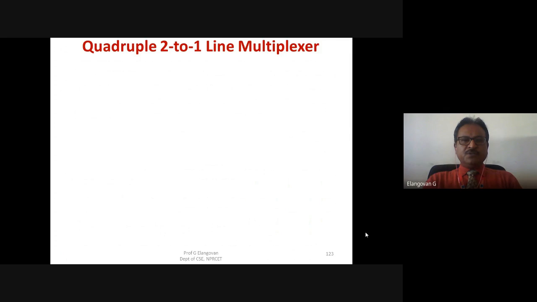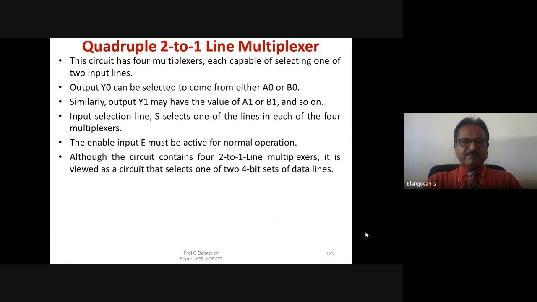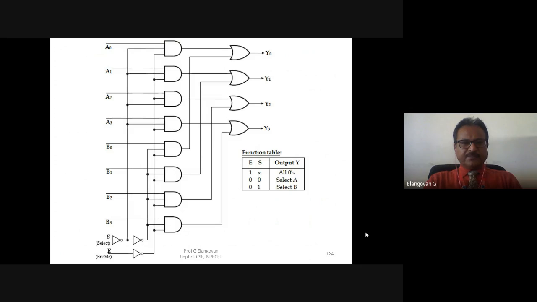And the quadruple 2 to 1 line multiplexer: with the help of two 2 to 1 multiplexers, we can implement a 4 to 1 multiplexer.